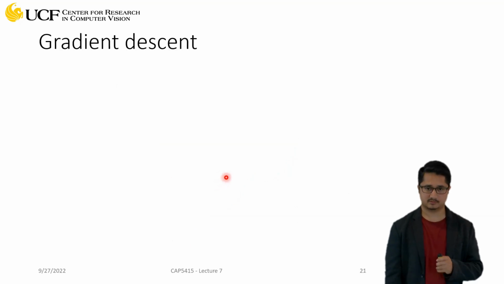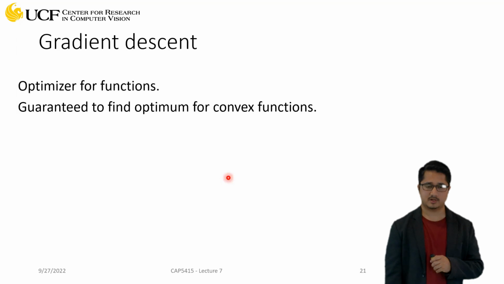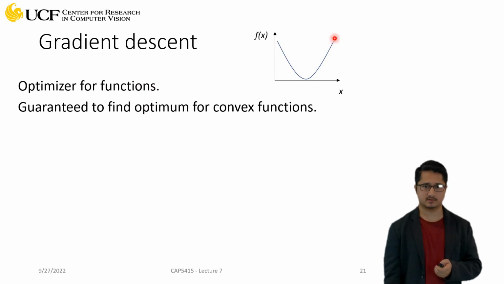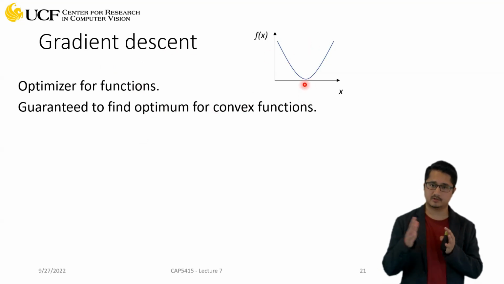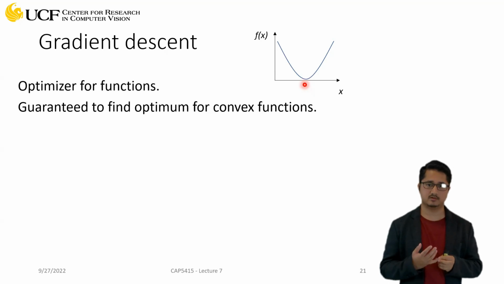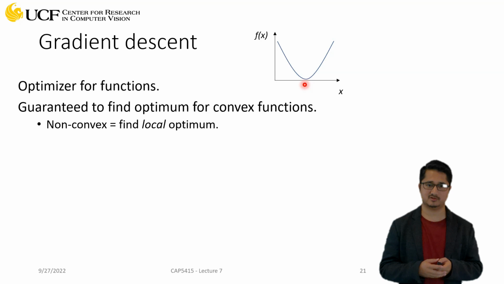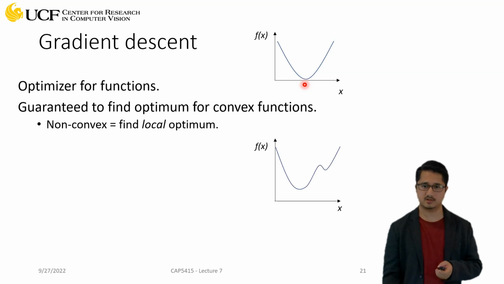But things are not that simple. Okay, so I will cover some of those aspects of why it's not simple. But as I said, gradient descent is used for optimization of functions. Now, if it's a convex function, okay, a convex function is something which will have only one minima. Okay, so this is a convex function. Then you can use gradient descent and you will definitely find that minima. But your loss function will never be a convex function, right? It's going to be a very complicated function. It's always going to be non-convex, something like this,